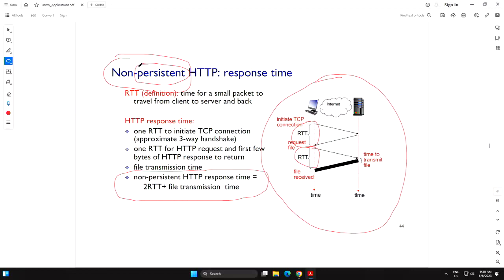So the first protocol, HTTP 1.0, is very simple. If you want to get an object, open the TCP connection, get the object, close the TCP connection. Because you don't want any TCP connection hanging over the HTTP. It's a management overhead for the server and for the client. So just close the TCP connection.